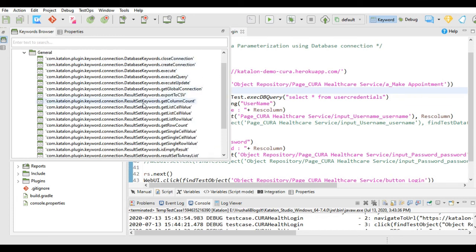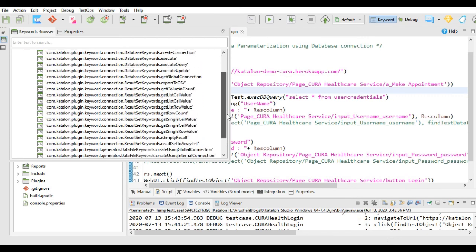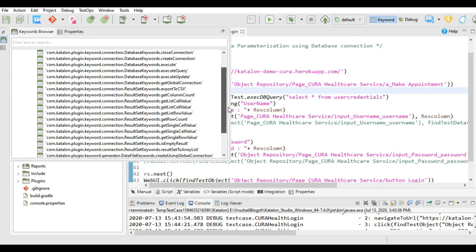You can use these database and result set related keywords in your test case. You can create connection, close connection. You can create global connection that we have created in the earlier tutorial. You have seen it. And you can use these other keywords to get the results for your database queries and to work on the database.